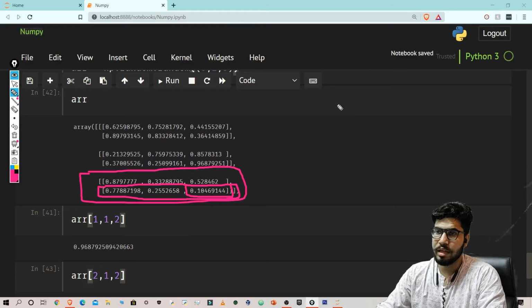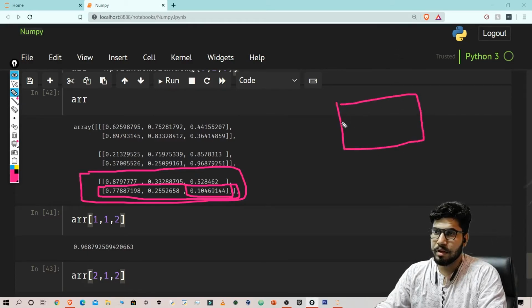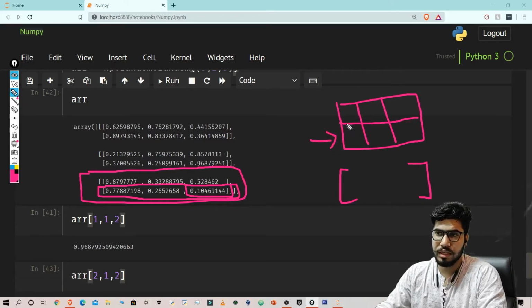As we talked about here, if we take -1, because we need to provide 2 indexes, we'll choose this because of the negative indexing. And if we have to choose this, then in this row we have to choose -1.